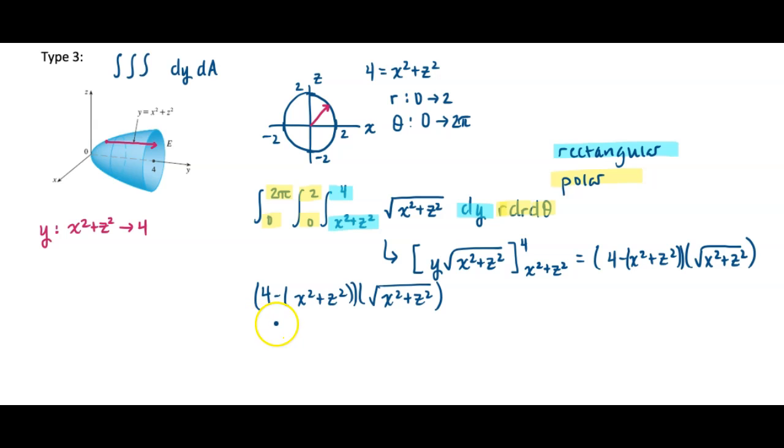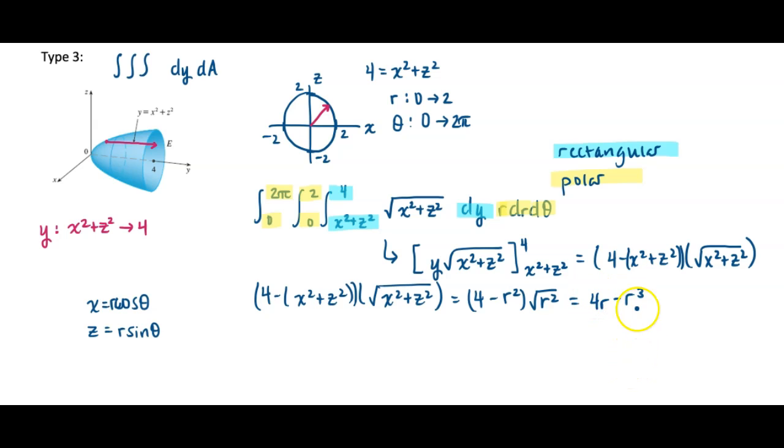is going to turn into, now generally x is going to be r cosine theta, I'm sorry. Y is going to be r sine theta, but in this case my vertical component is z. So my vertical component is going to be r sine of theta. And so let's rewrite this as 4 minus x squared plus z squared. Well, that's just r squared times the square root of r squared. Well, that's just 4r